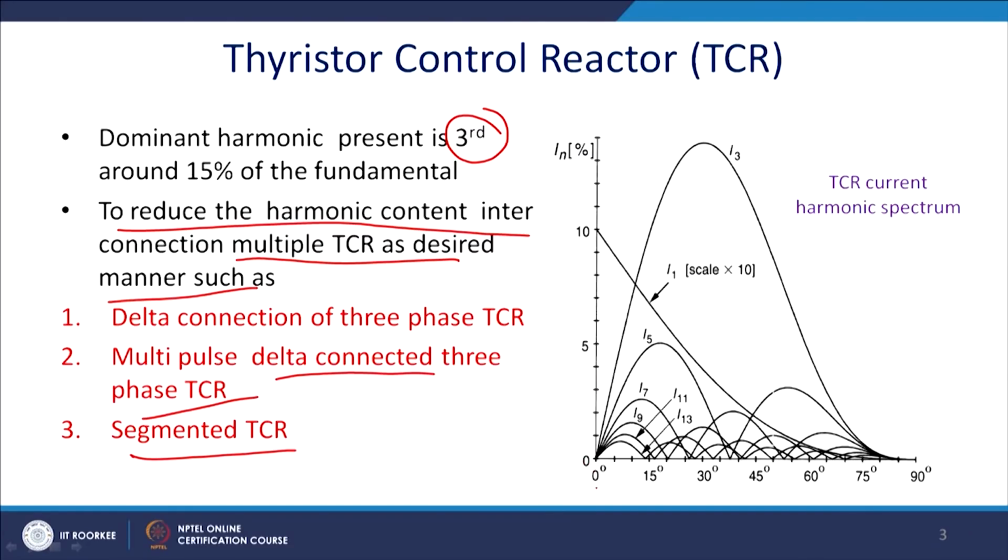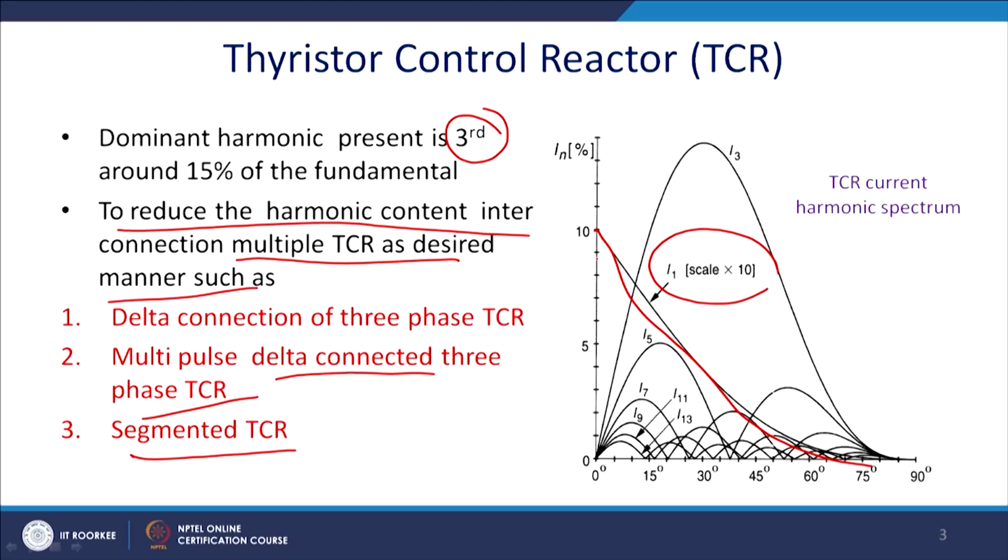See that on the x axis is plotted the delay angle alpha, and this is the strength of the different kinds of harmonics here. This is the scale of I1, strength of I1 multiplied by 10. So, we can see that this is the I1, it will be gradually going down. Please recall our expressions in the case of the fundamental. So, that will be the same, and for the third harmonic strength you will see that you will have a